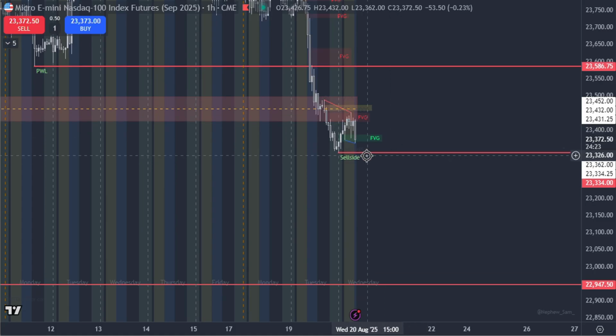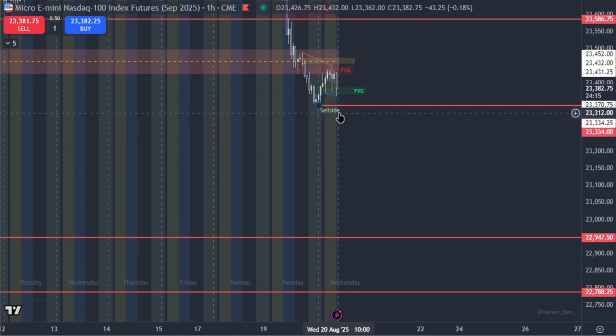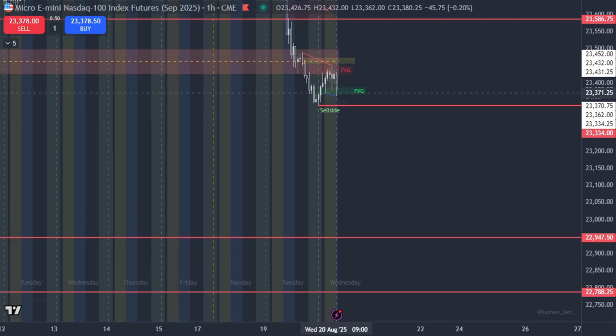So right now, I am looking for this low. If it gets hit, then I'm not interested in executing anything. Okay,